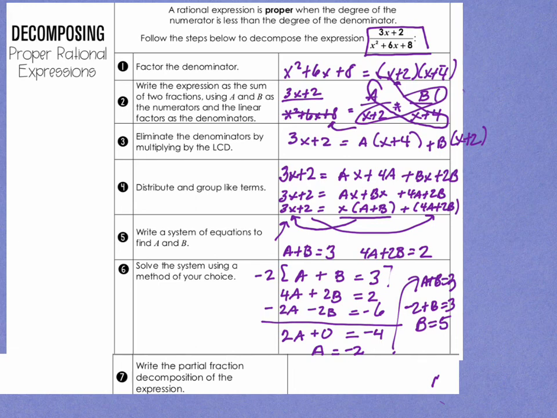So A was -2 over x plus 2, plus 5 over x plus 4. Okay? So that's how you do it when you have a proper denominator. Okay, so let's try some. So the first example,